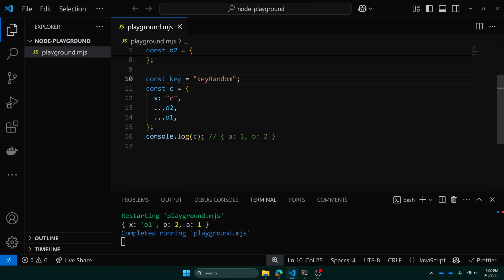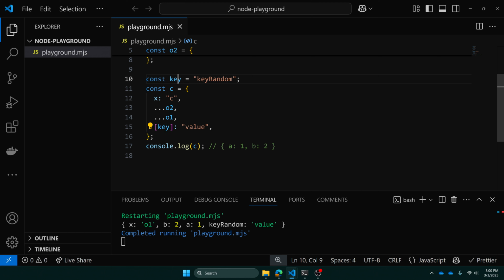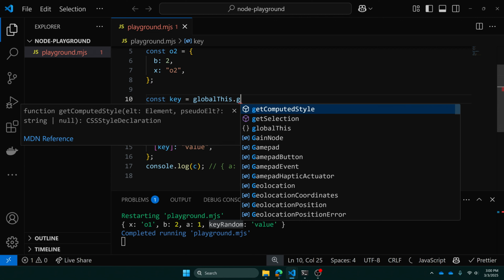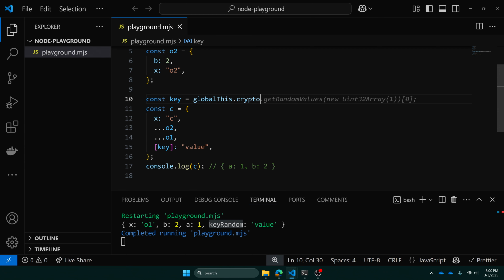Then if you want to give that object a value from that variable, you don't want the key to be called key, you want it to be called key random. Like for example, if you did globalThis.crypto.getRandomValues, get random uint32, then it's going to get this random number every time, and you want that random number to be the key,